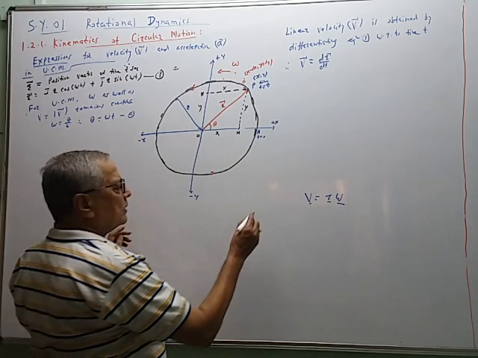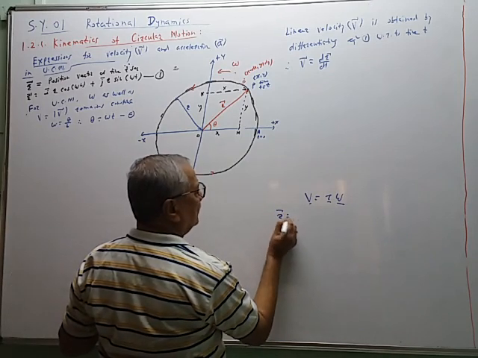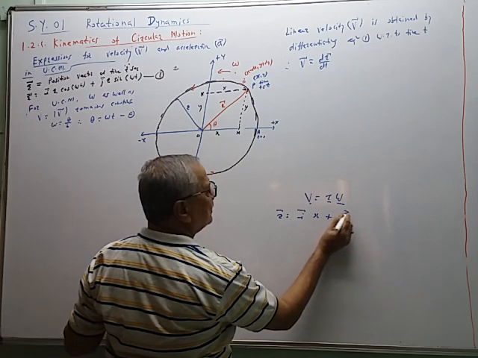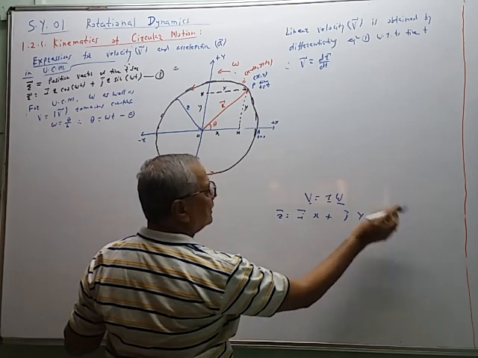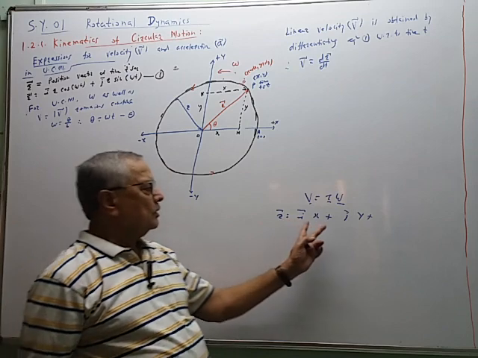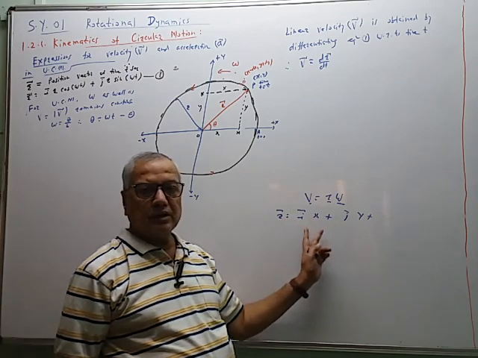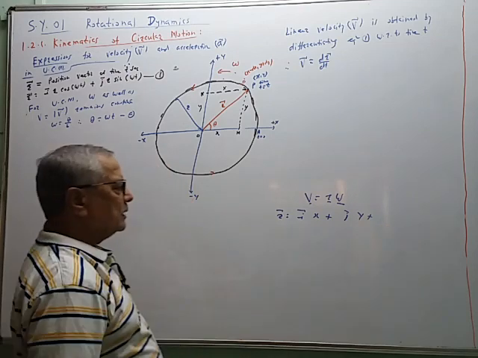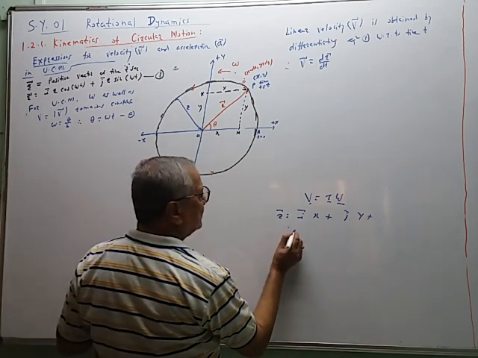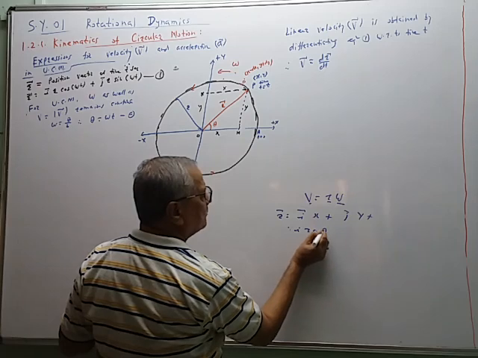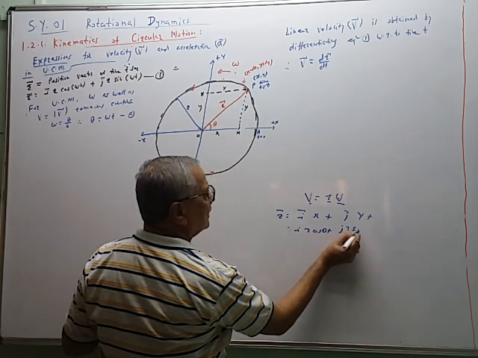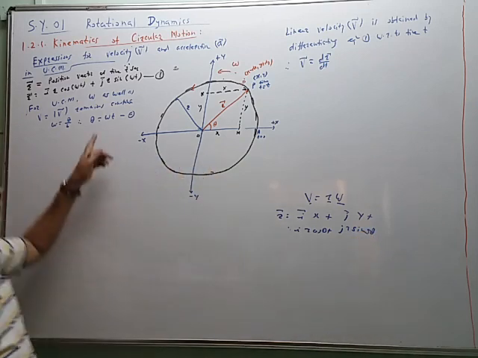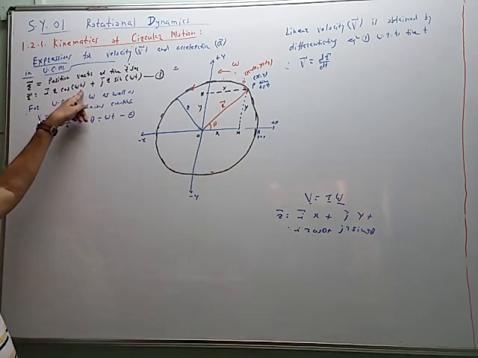So any vector r is given by unit vector i times the x component plus unit vector j times the y component plus unit vector k times the z component. In this case, circular motion is a two-dimensional motion in the xy plane. Therefore, there is no z component. So r is given by i r cos theta plus j times r sin theta, and this theta is substituted as omega t using equation A, and therefore we get this equation.